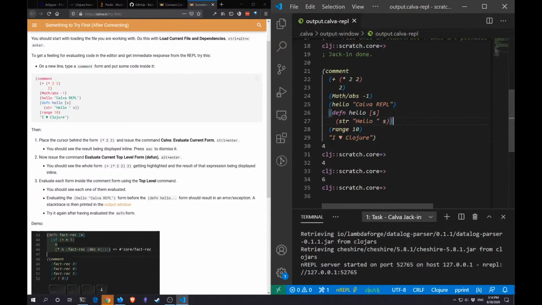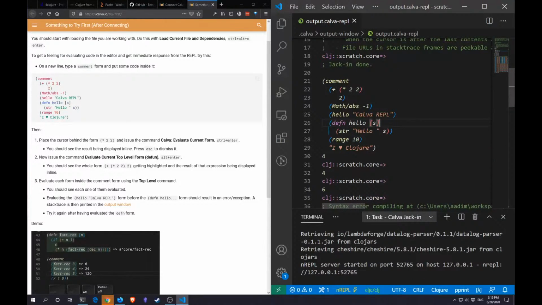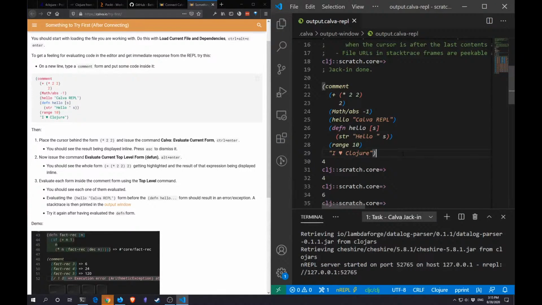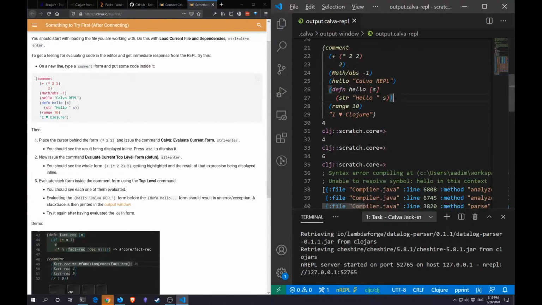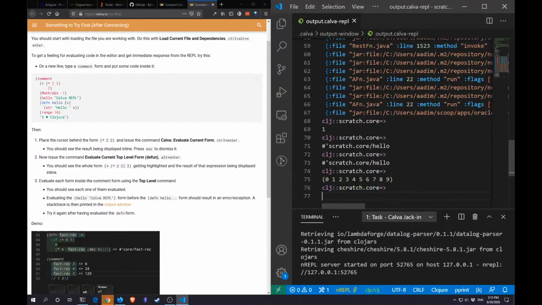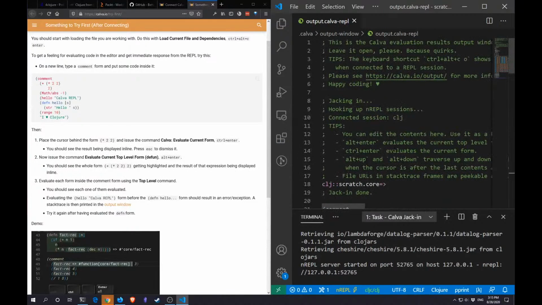Okay, let's try running hello REPL, and this gives an exception. Let's try this. It gives one math.absolute. Let's define hello function, string hello, range temp, and hello Clojure. I don't know if this is more intuitive or a better workflow than what we're already